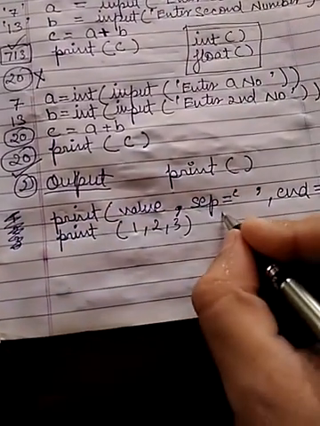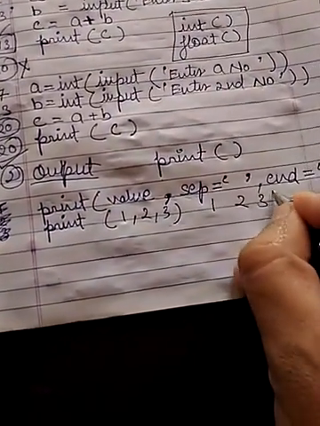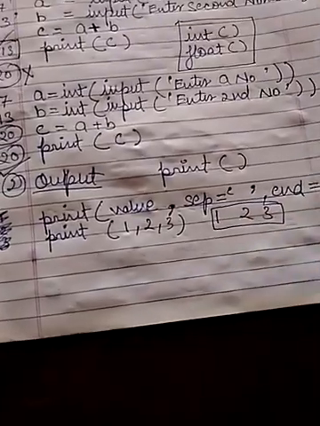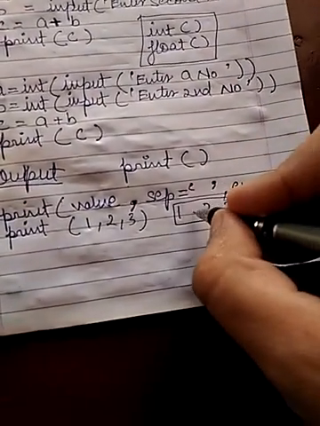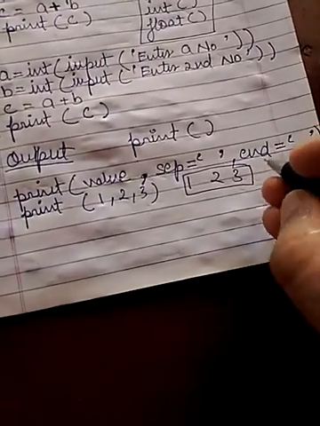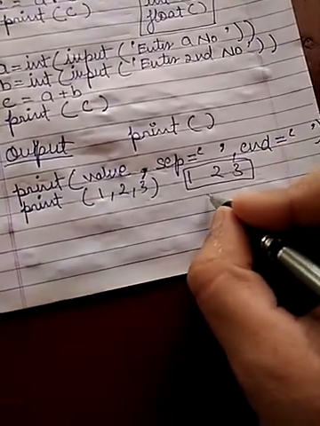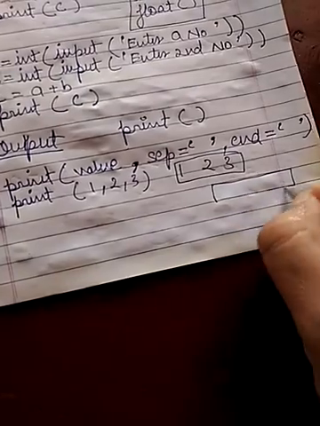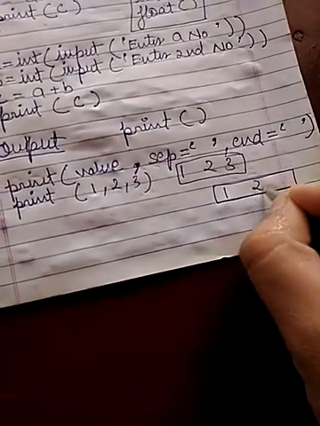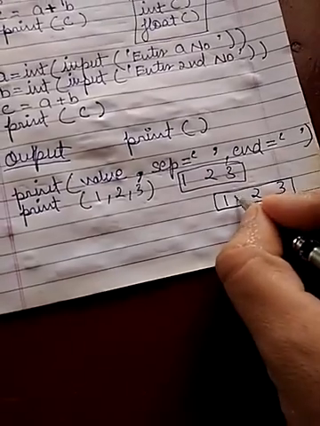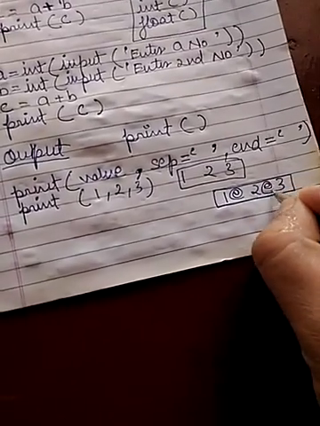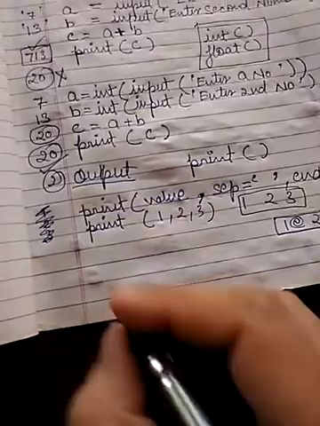The output will be 1 2 3. This will be the output because by default separator is space. If I want output should be like this, 1@2@3, and here I want separator, let us say at the rate. I want this output. Then I will write this command,